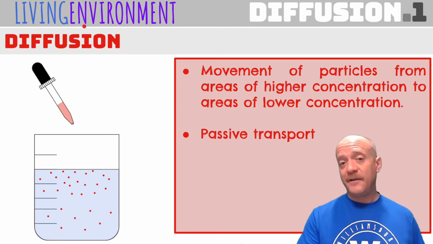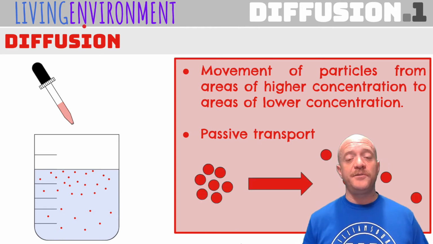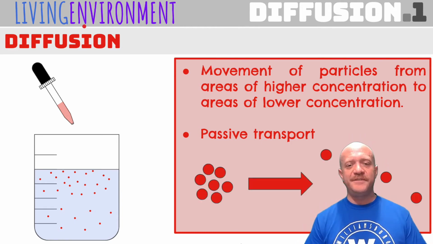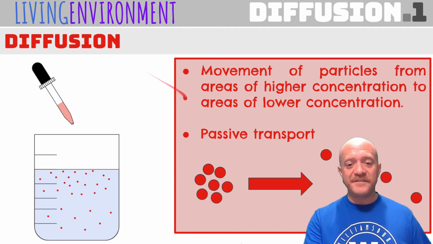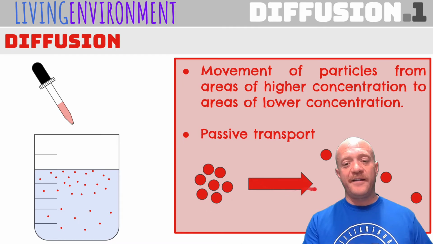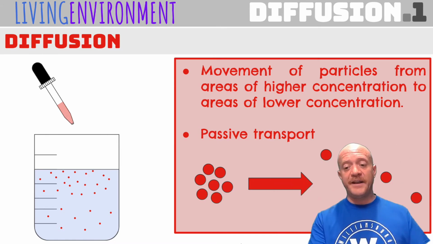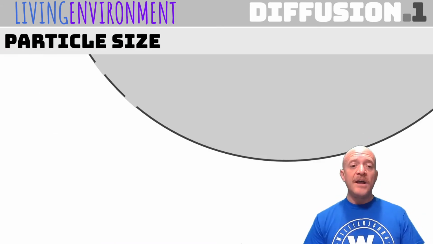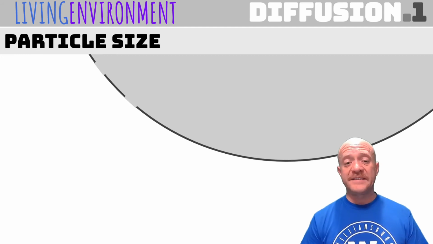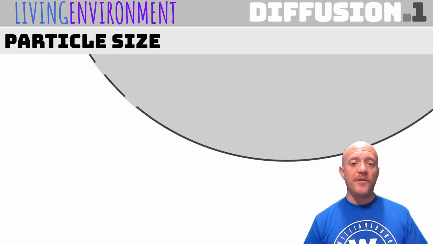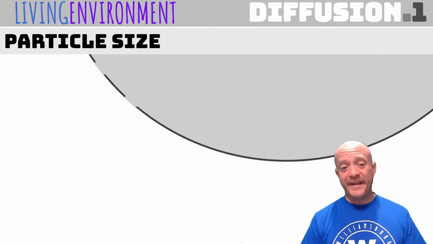And the last thing that I would like you to do in your notes is to sketch a diagram. So have some dots here where they're close together, an arrow, and then dots that are farther apart. This represents high concentration. This area represents low concentration. It is spreading out. So now when we're talking about particle size, along our cells there are small little openings,